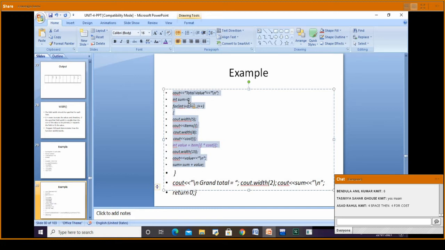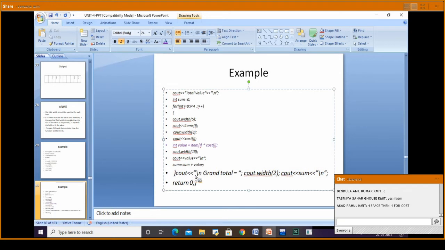Then we will have sum is equal to sum plus value. I want to calculate the sum of the values, whatever we have, right? Then later we are saying cout of grand total, just it will be printed. Then cout of width of 2, then sum I'm printing. Whatever sum I will get, that I'm going to print it.